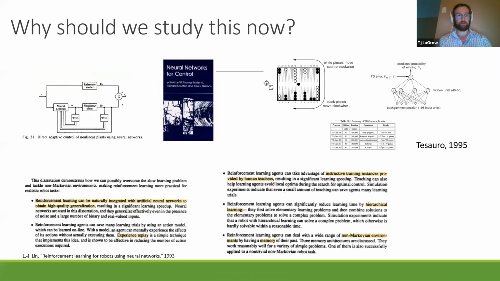And so with that, we have several papers helping us, or back in '93, they started to allude to why these can be better, and it's naturally integrated into regular AI networks. There's experience replay, which was a big thing that came about, which we'll talk about. Instructive training instances by human teachers, so we are able to have more examples on imitation learning. We have hierarchical learning, where we have different types of ensembles that could potentially learn various features, and a lot of it is non-Markovian environments, having a memory.